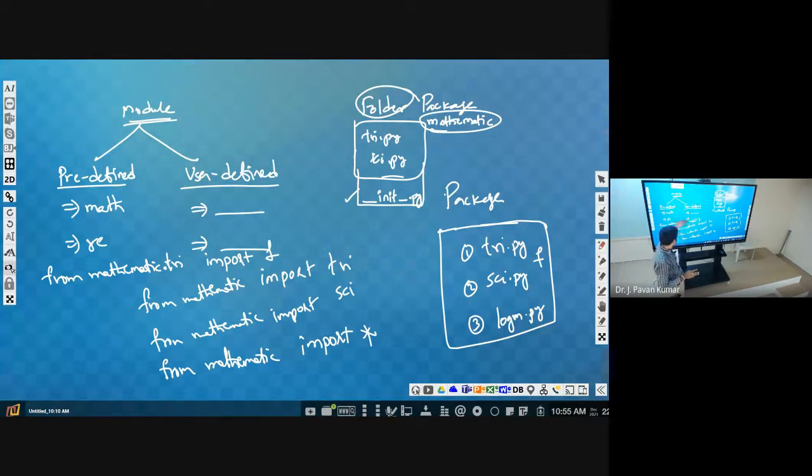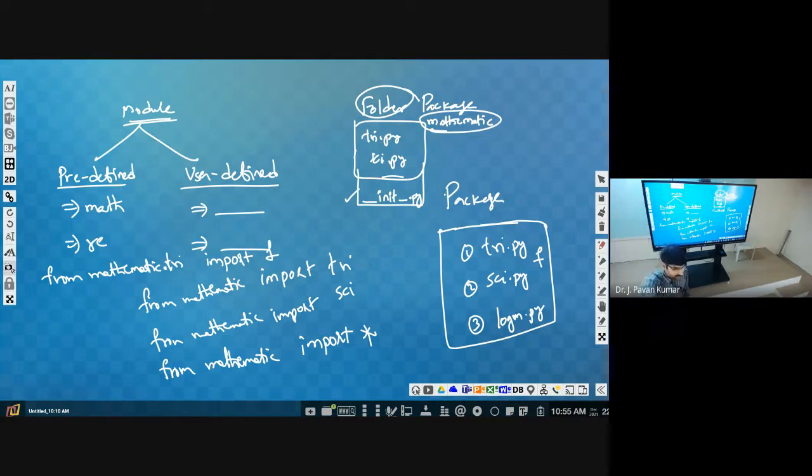This is an additional thing on top of the import functionality, where we propose that from this you import. But from mathematic dot tri dot star, we are not doing anything. Understand the difference?